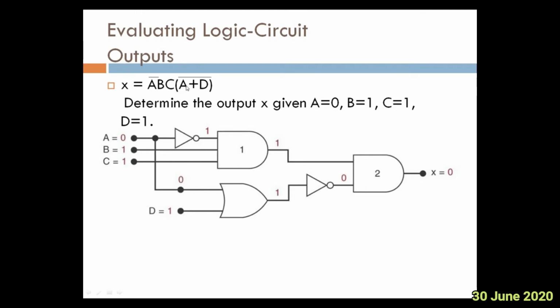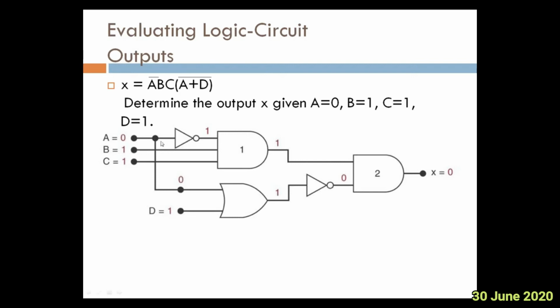Before that I have to add A plus D, right? A plus D, so one OR gate is required here. Of course D must be added with A. One more time I would have drawn A here, rather than that A is already there, therefore I am taking A from here and D, both are ORed, A plus D, and the entire A plus D must be complemented, therefore a NOT gate here. Getting the idea?